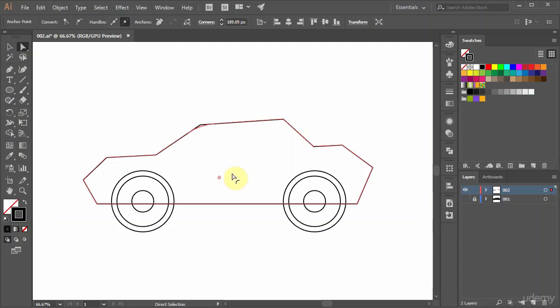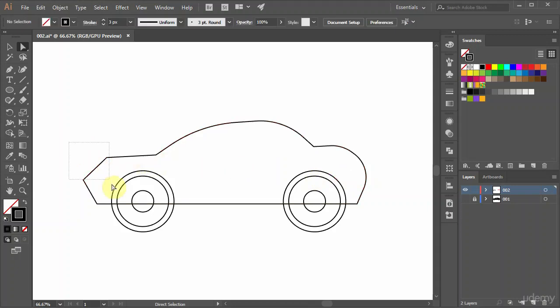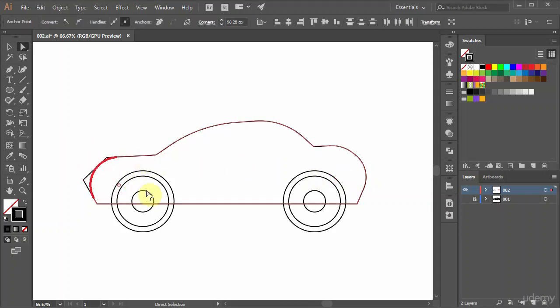Notice we have this circle node in here. As we discussed before, this circle node's function is to control the corner radius of that anchor point. Notice if we click and drag like this, it will smooth out the corner by splitting one anchor point into two anchor points. Now this corner radius, if we drag this all the way up, the two anchor points will merge into one, just like before. I'll undo this first. Okay, now we need to smooth out these corners and these corners again. Just use the same technique and adjust them until you find what you like.